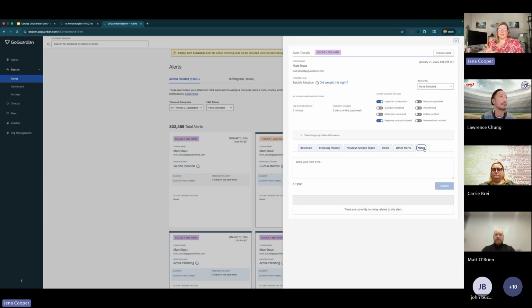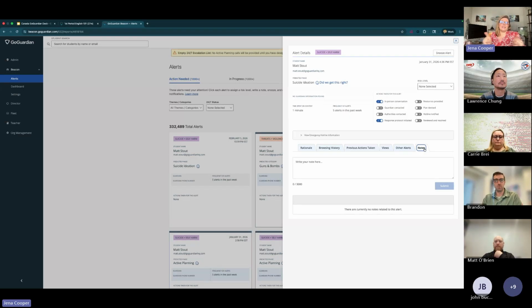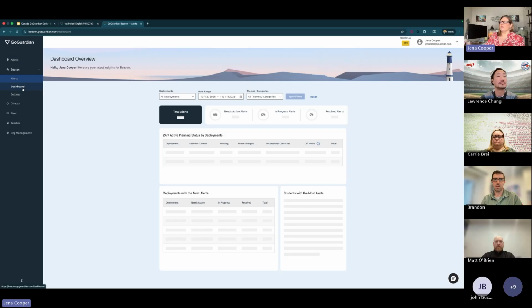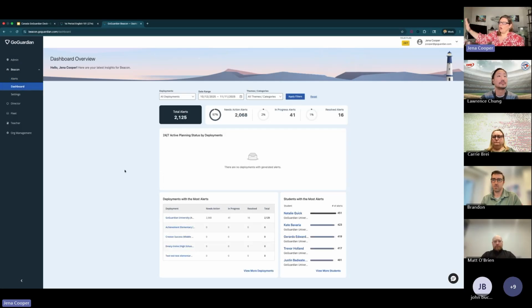And then we also have a place to keep your notes. This entire screen is exportable to a PDF. So if you have a threat assessment system, a student information system that you need to upload this in, it's not doing double work. You're able to do all of that in here and export it out to other systems. We have a data dashboard that allows you to see overall your entire school. So if you're a district leader, you can see every school building and where are the most alerts coming from and where do we need to deploy our resources to.